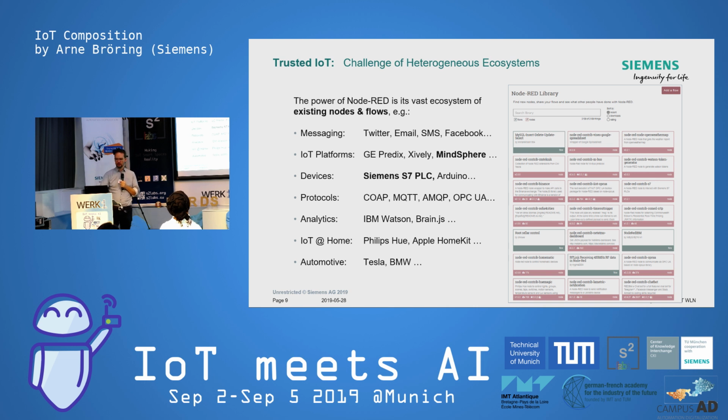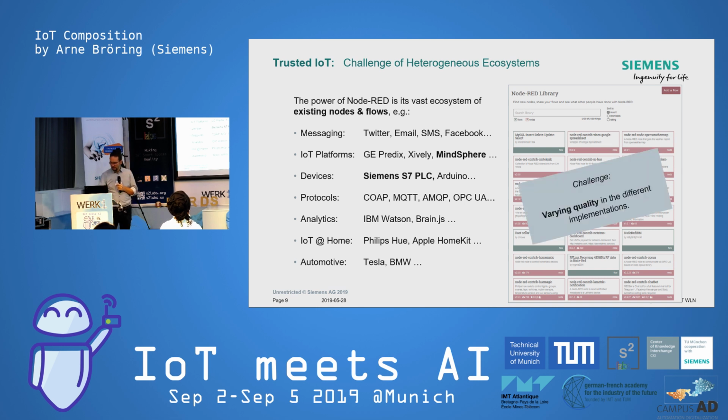Because with Node-RED particularly, you have a heterogeneous ecosystem, contributions from professional companies, IBM, for example, is contributing, but also hobby programmers uploading something, and we might end up in a customer project using some component like that, and there might be severe security or quality issues related to this. So that's a big challenge for us, and we address this in a project which I will give you a